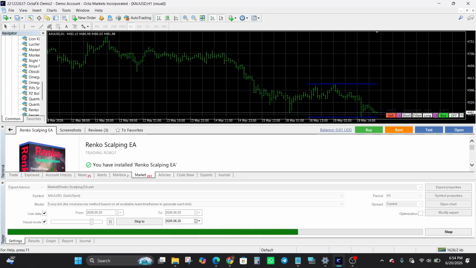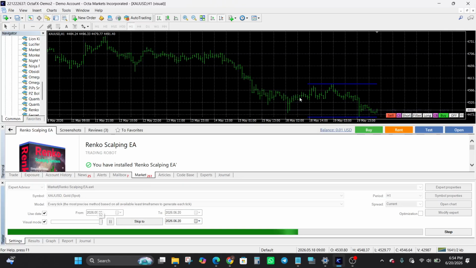I would still recommend running longer term testing yourself as well, so that you can get a more comprehensive understanding of how the EA behaves across different market conditions. A broader testing period often provides a more balanced view of historical performance than a shorter sample. As we continue reviewing the chart history,